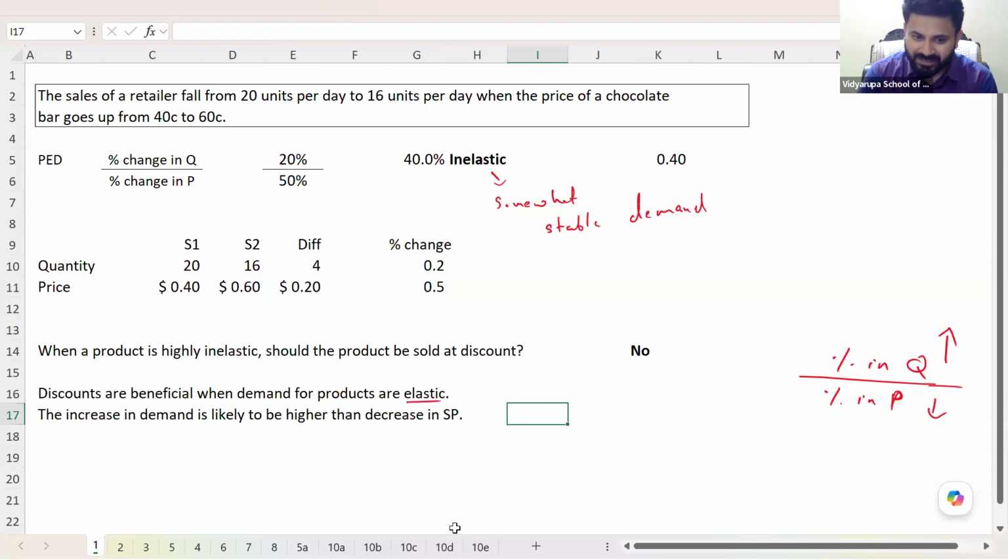Again, apply the logic, understand the logic there. If an item is elastic, what does it mean? Numerator or denominator, which is higher? Numerator is higher. The change in demand is higher. So for an item which is elastic in nature,